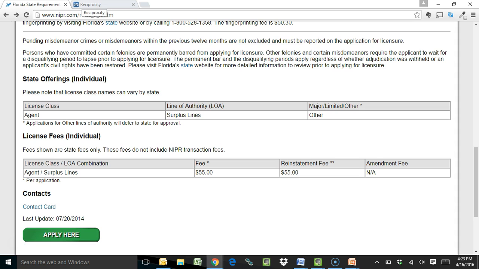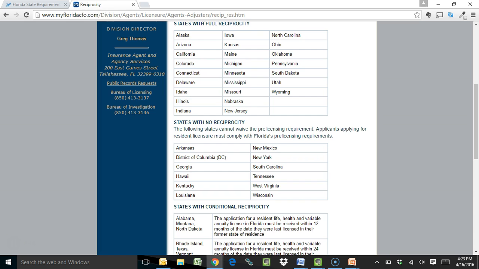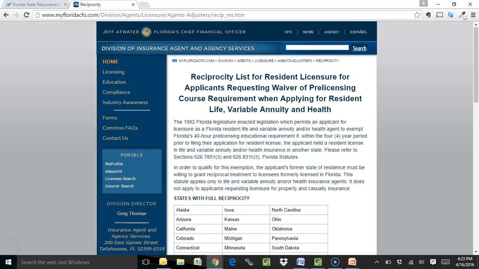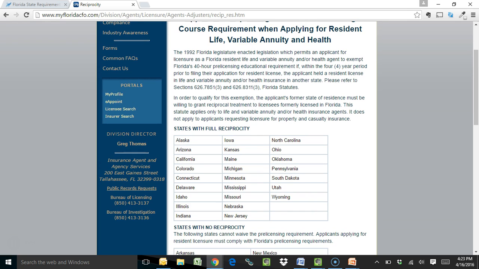Now, what I also would recommend doing is if you wanted to see reciprocal agreements, a quick Google search could show you particular states and what their requirements are from a reciprocity standpoint. Now, I'm just going to use Florida as an example. So you can see here, this is what the reciprocity agreements are. So there's certain states, Florida has a full reciprocity agreement, so it's pretty much just reapplying in Florida after you've